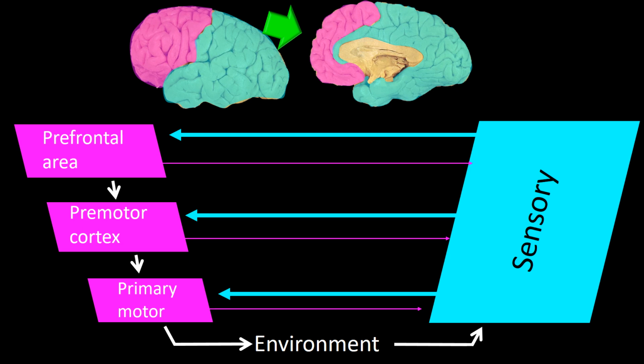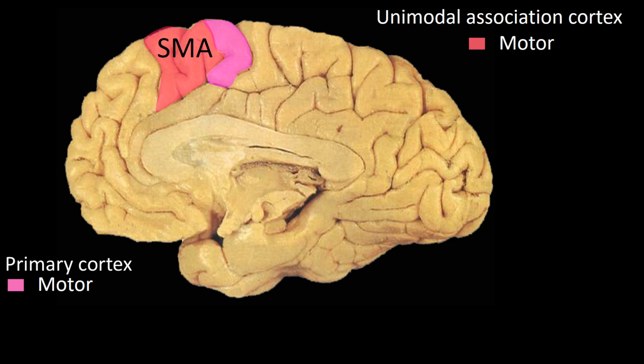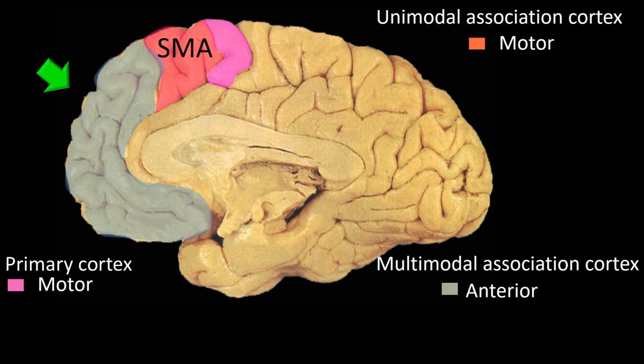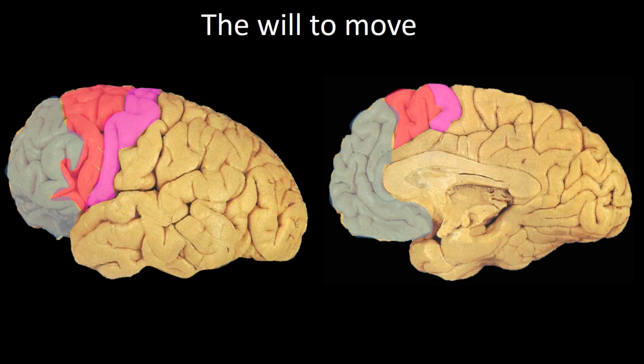In the mesial surface of the brain, as you can see in this new frame, it occupies most of the frontal pole. The anterior cingulate gyrus is sometimes not considered part of the multimodal association cortex by some authors, but it is considered so by others. So, at this junction,